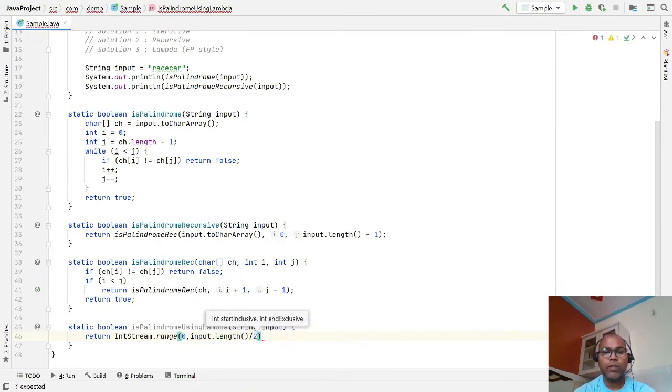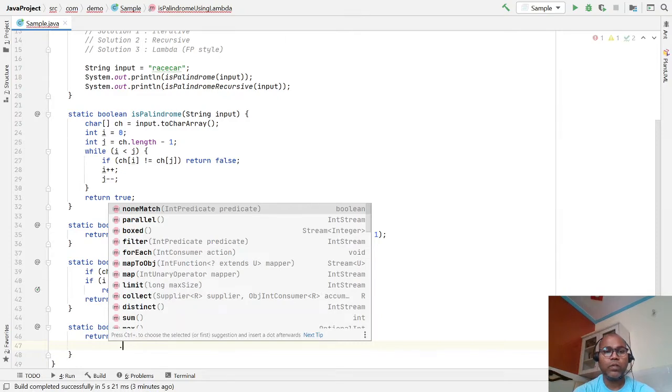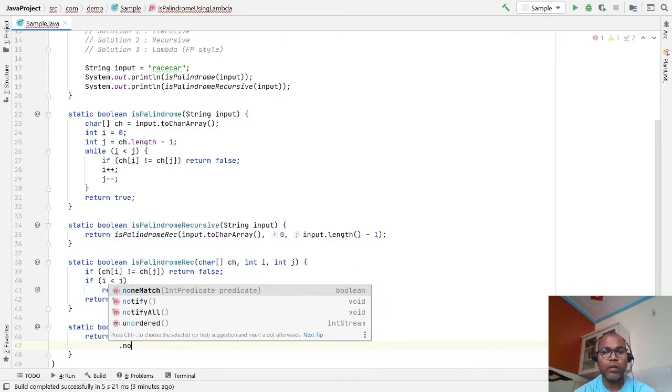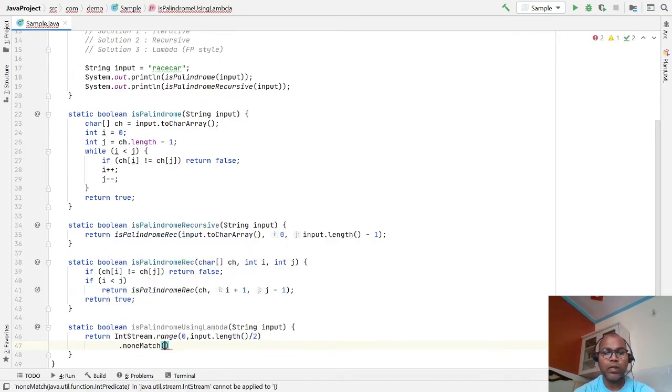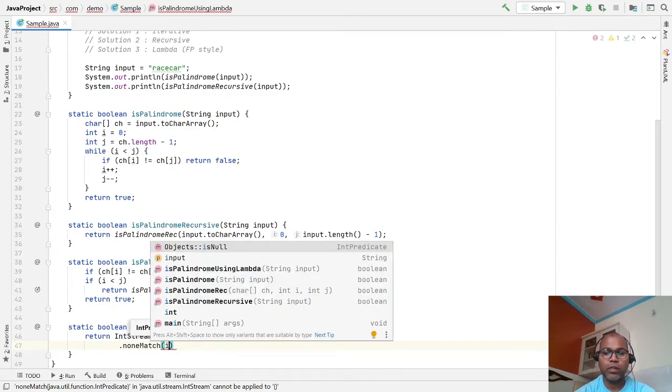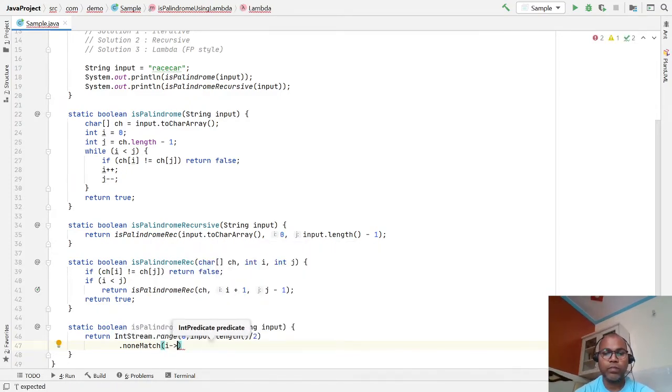Okay. After that, what I am doing: if none match, then return true. So I am using noneMatch, and for the given index, I just check like this.